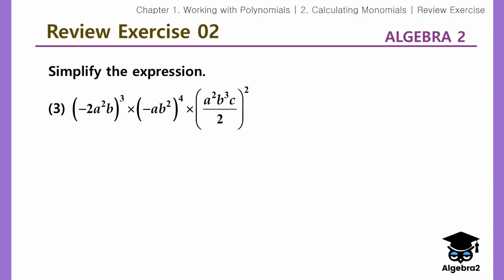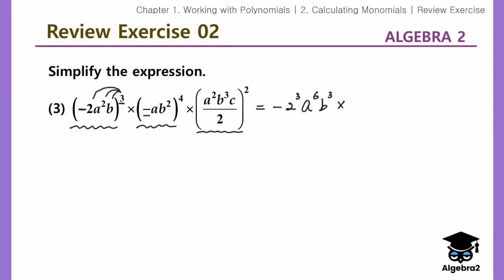Okay, number 3. It's getting a little complicated, right? But we can do this step by step. Okay, first step, we're going to have to eliminate parentheses of each monomial, right? So negative 3 times, that's a negative. 2 cube, right? We have a squared to the power of 3, that's a to the 2 times 3, 6. B cube